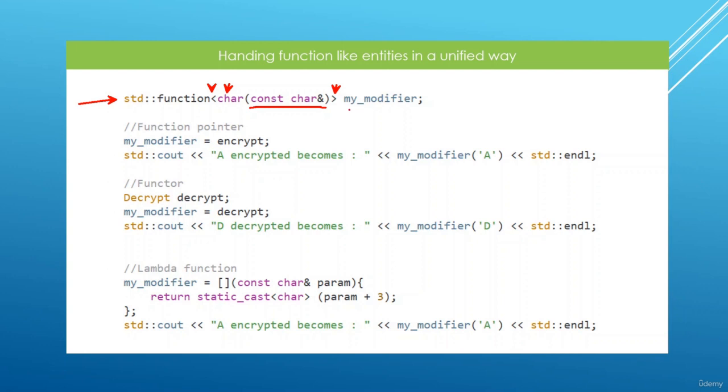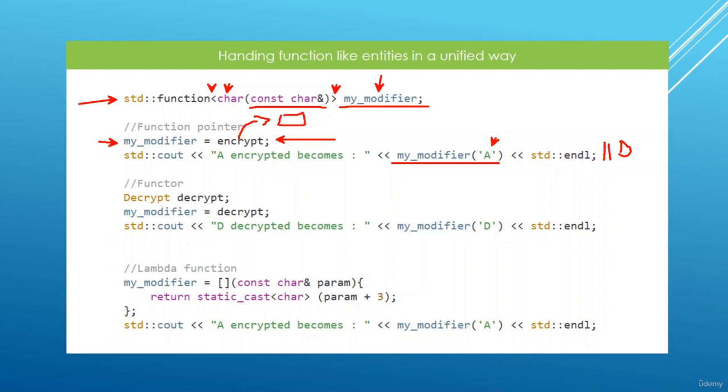So once we have this object set up, we're going to give it a variable name, and we can really store any kind of function-like entity in this variable here. In this example, we are going to store in a function pointer, so this might be a function that we have declared somewhere in our code, and we can store the function pointer in here. And once we do that, we can go through our std::function object to call our function to encrypt. And this is going to encrypt the character A and print out a D if we get to run this